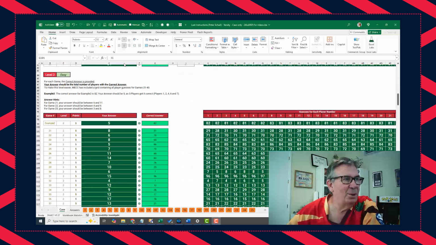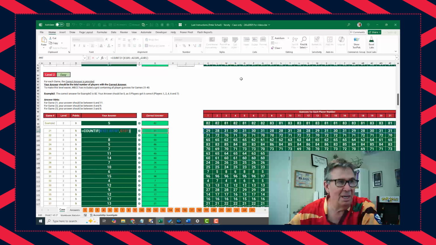All right, level 2. Level 2, they give us the correct answer. We need to figure out how many people had that correct answer. So this is a function that has been around for a long time called COUNTIF. Up here on the formula bar, you can see it better than that green background there. So we specify the range of all 25 players' answers, count how many times they were equal to 31 there